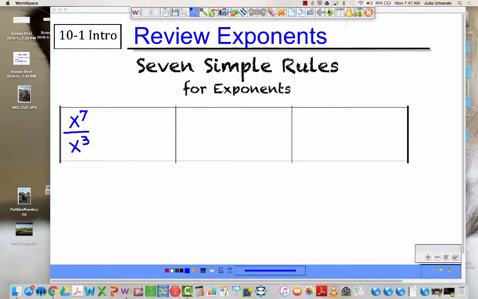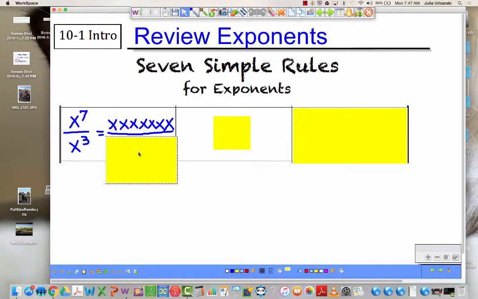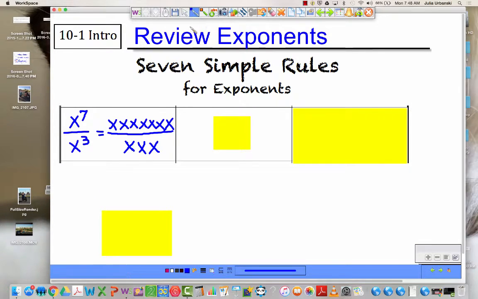Okay, so what's really happening here? What's on the top? 7 x's. X times x times x times x times x times x times x. 7 x's are up on the top. What's happening on the bottom? 3 of them. Okay, so actually, when you have 7 of them on top and 3 on the bottom, they're